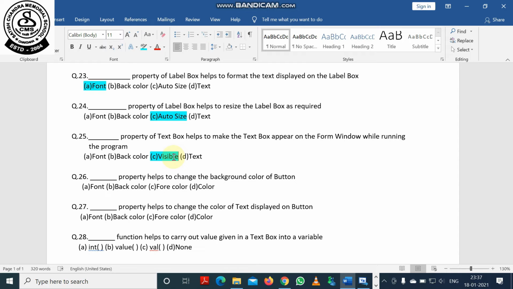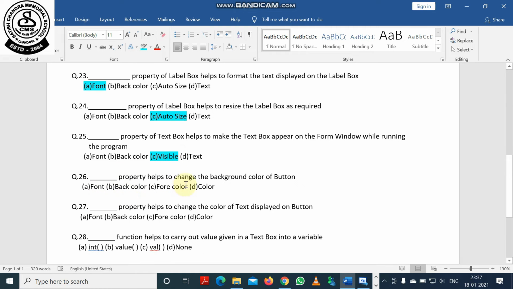If you give the value true in the visible property of a particular toolbox, then when the form is running and appearing as a window, the text box, label box or button will be displayed.